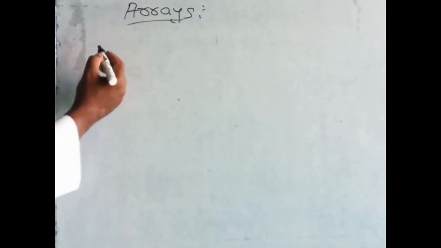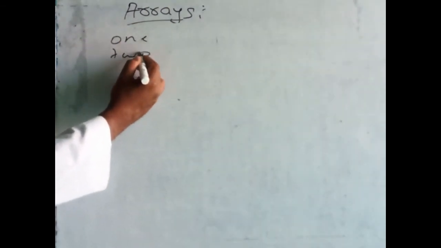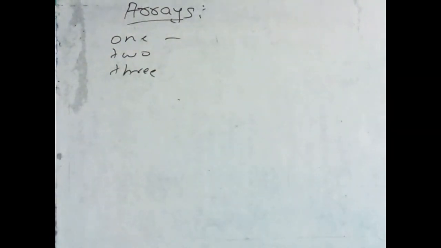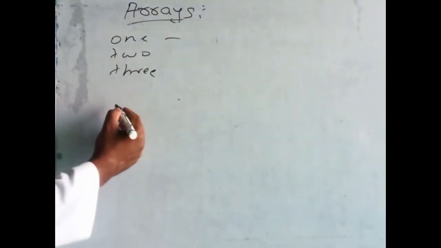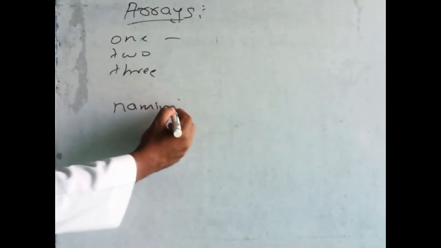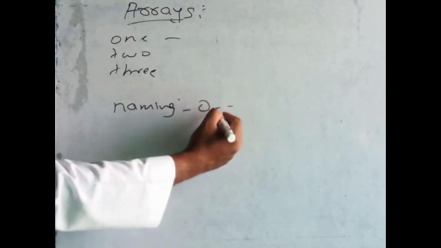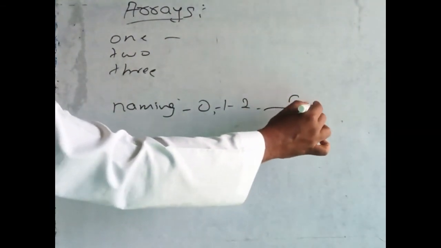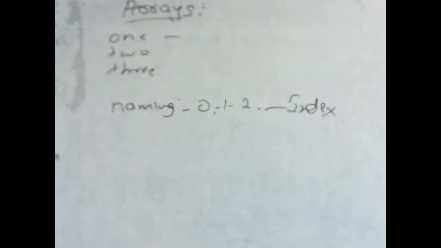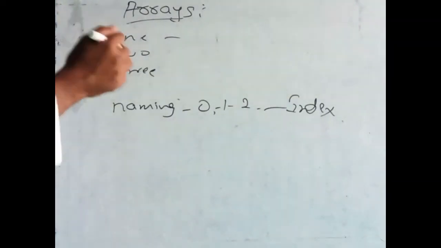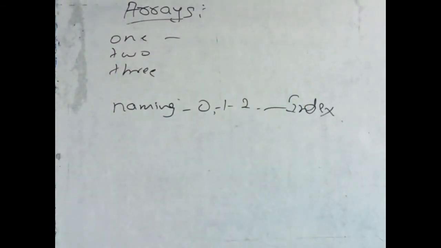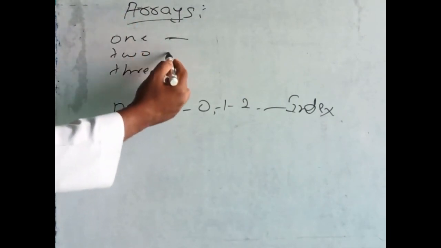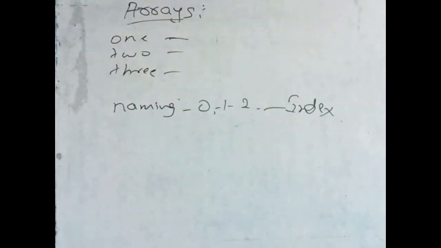In arrays there are three types: one dimensional, two dimensional, three dimensional. One dimensional contains only one subscript. For each element in the array we are naming them from 0, like 0, 1, 2. This naming we call the index. We use this index to know the position of a particular element in the array. Clear? We will also see the syntax and examples of one-dimensional, two-dimensional and three-dimensional arrays. This is about arrays.